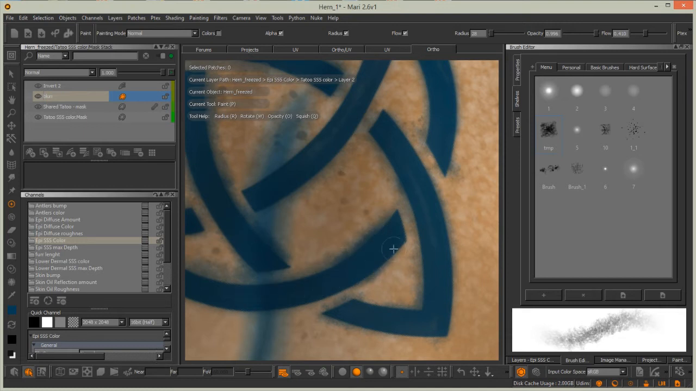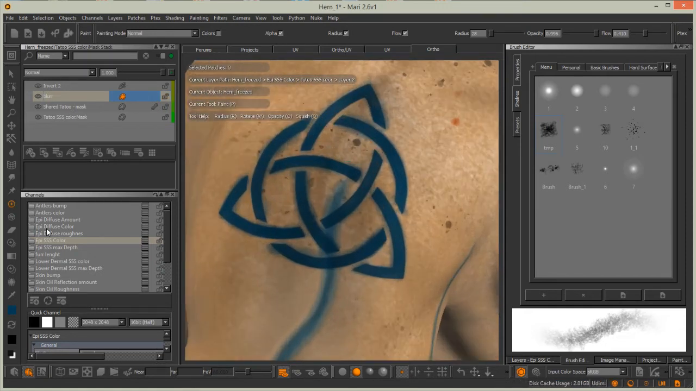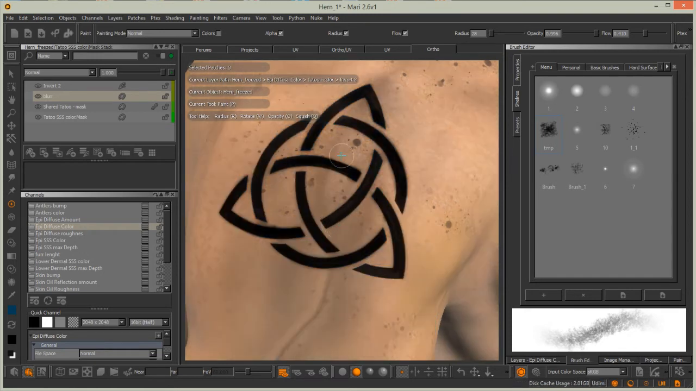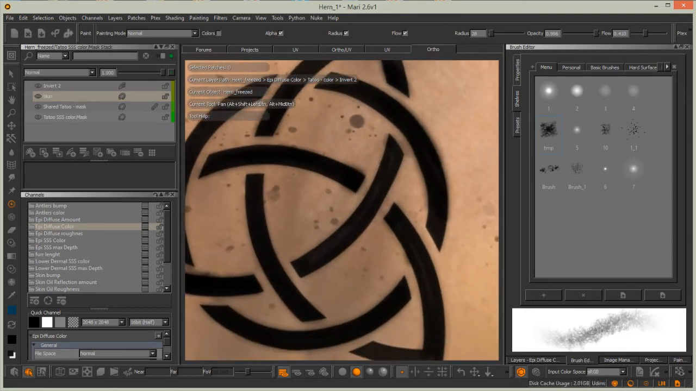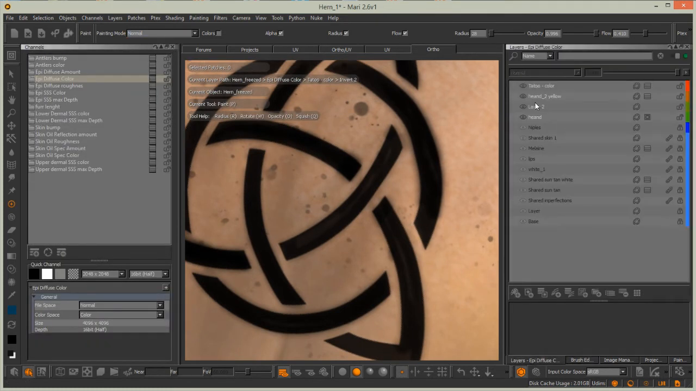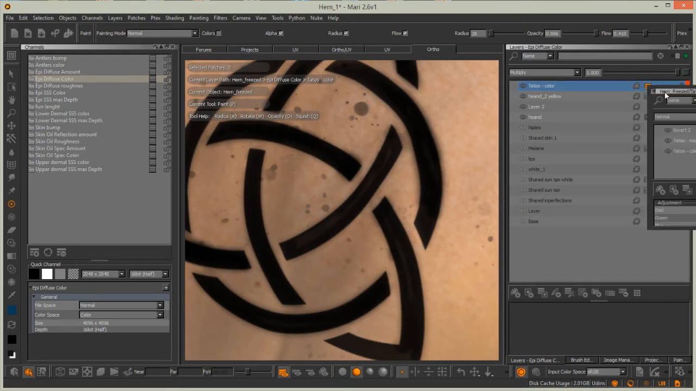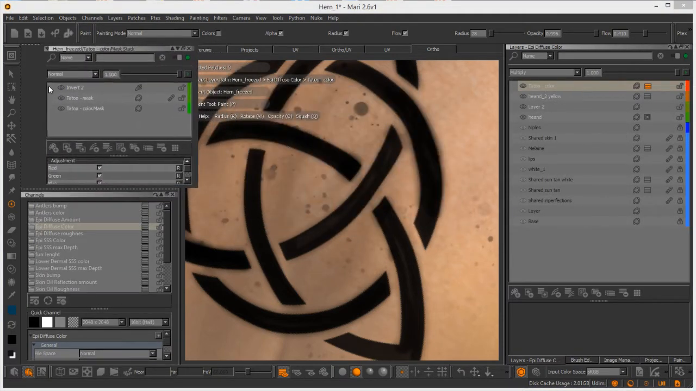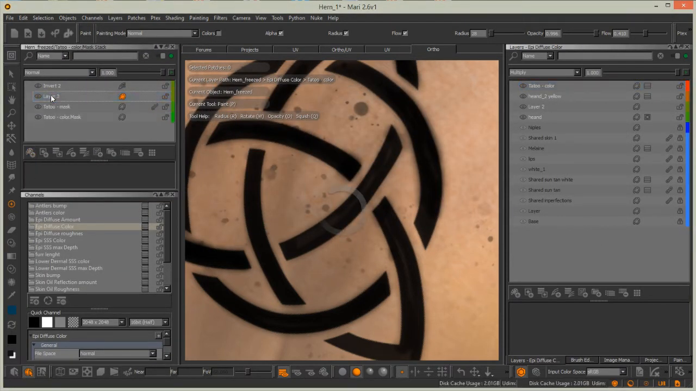And press B to bake it. And we can go for the diffuse color. And it is much sharper there, so we can expose its tattoo color. Open mask stack, add blur layer,